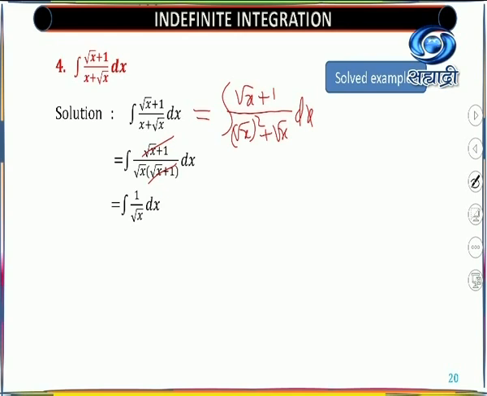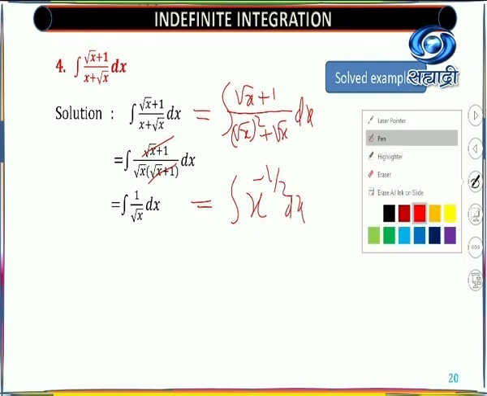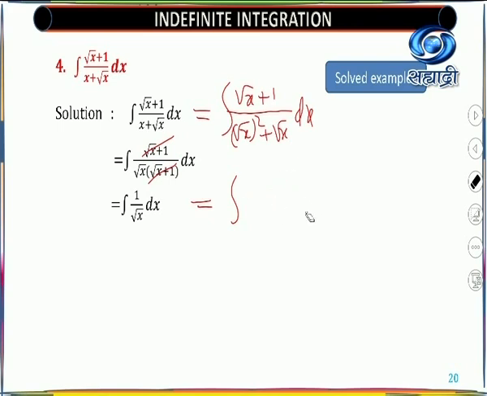Now there are again two methods to solve this. One method is that you are able to write this as x raised to minus half dx. How x raised to minus half dx? It is nothing but first we will write our function in proper form, that is 1 upon x raised to half dx, and it is in the denominator. Indices law says that this is x raised to minus half dx.